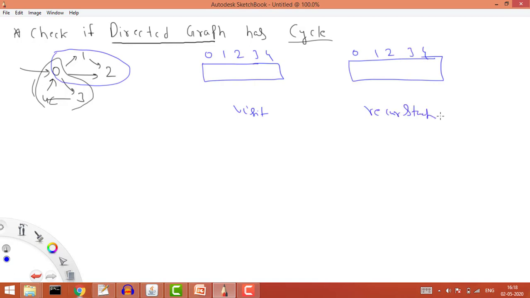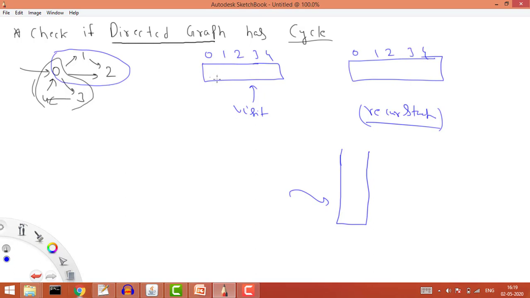This is important because here we generally get confused about what the recursive stack is. Recursive stack means that when we are solving the DFS, how this stack is behaving and what elements are there. For the elements that are there, we set the value true here, otherwise we set false. At the starting there is no element, so we set false here, and here also all the values are false. So we start from 0.